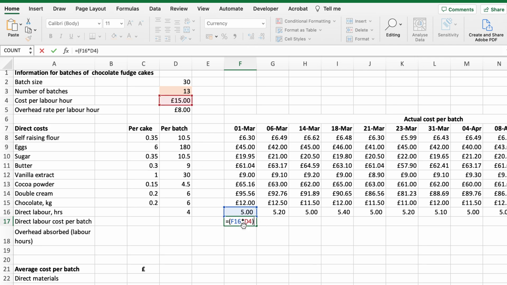Now when I replicate across, the D4 will change to E4. So I don't want that. I'm going to put a $ in front of the D to lock it. So it will stay at D4. The F16, when I replicate across, will go to G16, etc. But when I replicate down, it will go to 17. So if I put a $ in between F and 16, now if I replicate across,